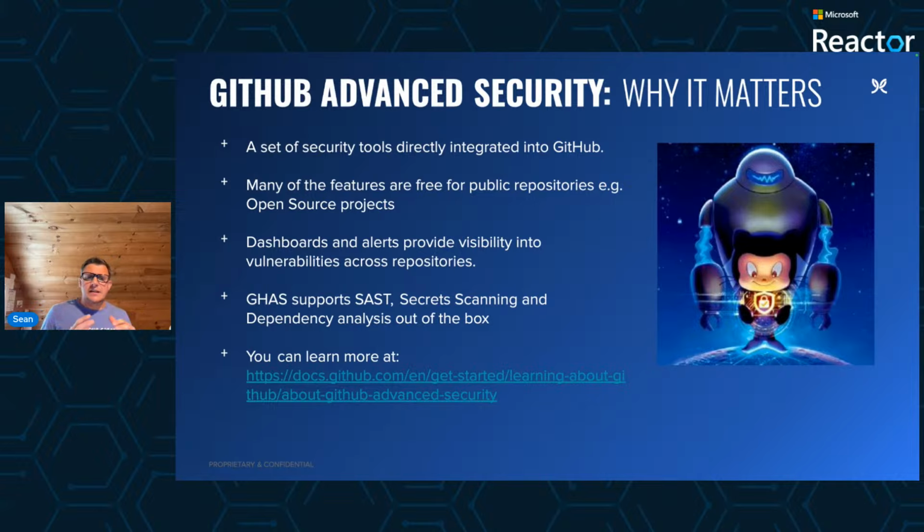These features allow organizations to define and enforce consistent security policies across the enterprise, ensuring standards are applied no matter where the code lives. At the same time, GitHub's dashboards provide centralized visibility into vulnerabilities at scale, giving security teams and leadership a clear view of risks and progress across the entire organization.